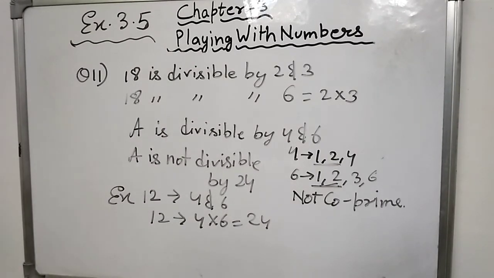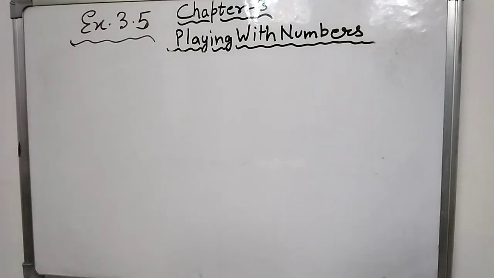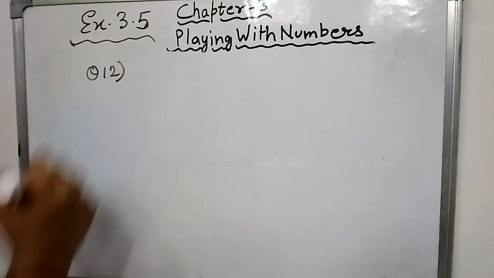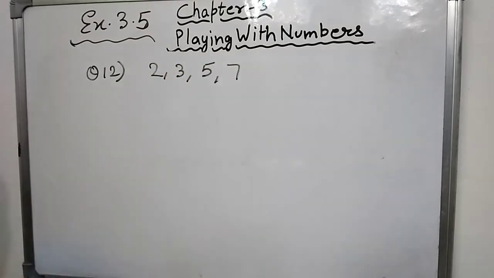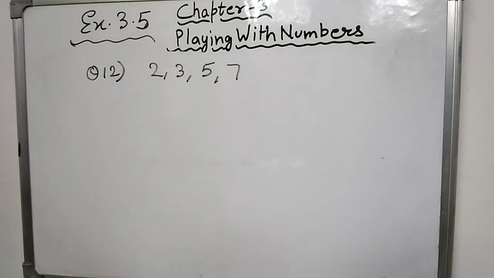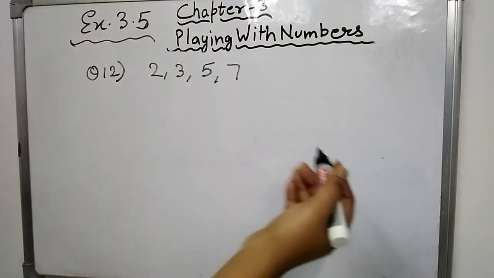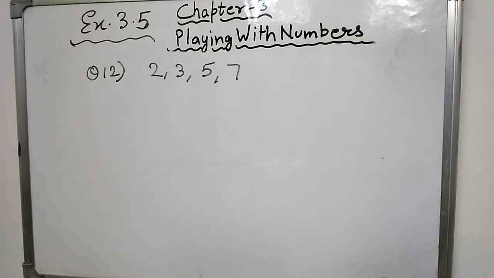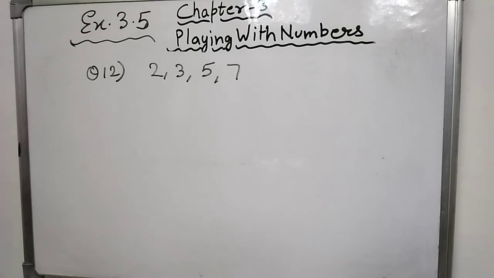Last question of this exercise. I am the smallest number having 4 different prime factors. Can you find me? This is a number which has different prime factors. So if we write prime factors, these are 4 different prime factors. And why are we taking only these? We can also take 11, 13, 19, but because it is the smallest number, that is why we are taking the smallest 4 different prime factors.